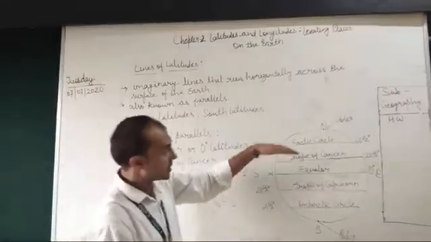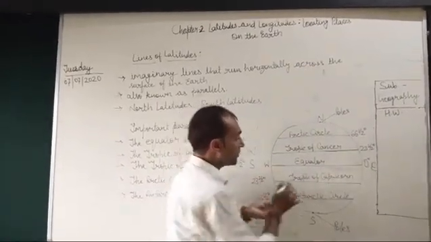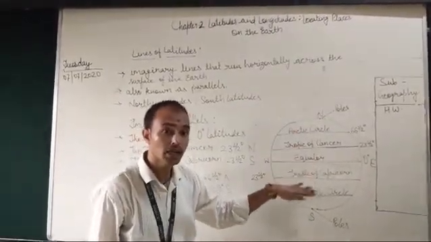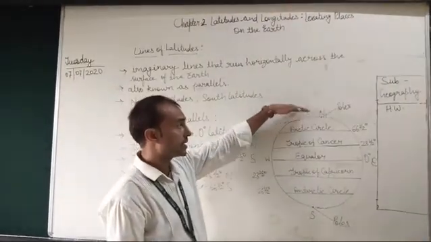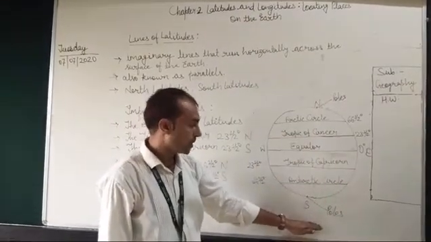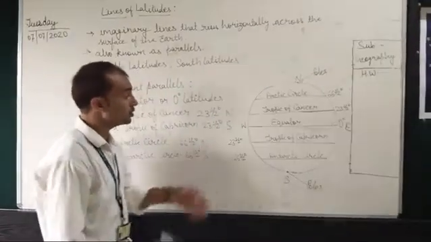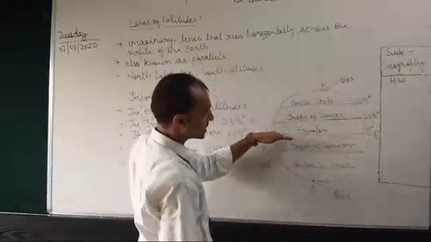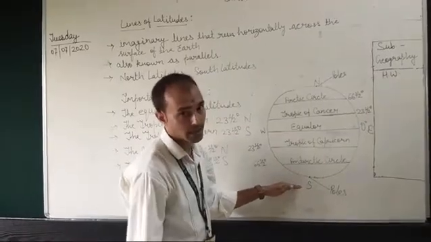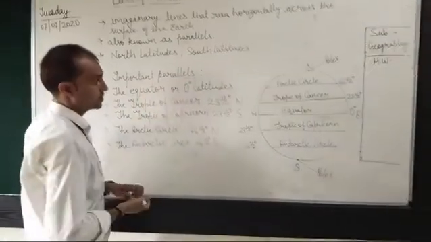As I told you, there is a 0 degree line that is known as equator. The equator divides the earth into two equal halves. The upper part, lying towards the north, is called northern hemisphere, and the lower part, lying towards the south, is called southern hemisphere. The lines above the equator are known as north latitudes, and below it are south latitudes. Now students, let's understand some of the important parallels.